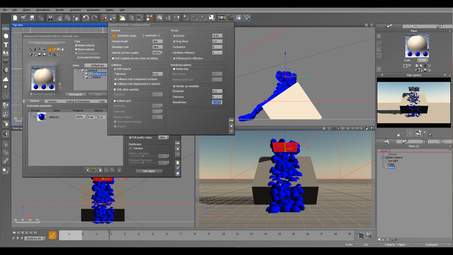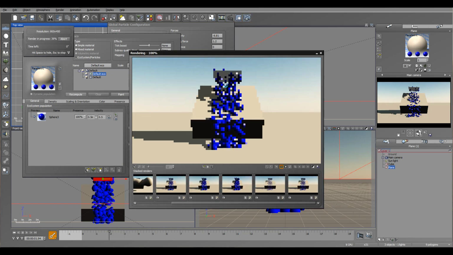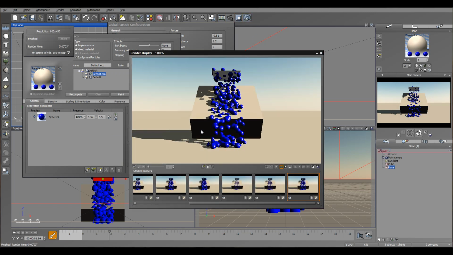So this is our smoothness. Let's set it back to 3 for this one. So right here we have it. Next,